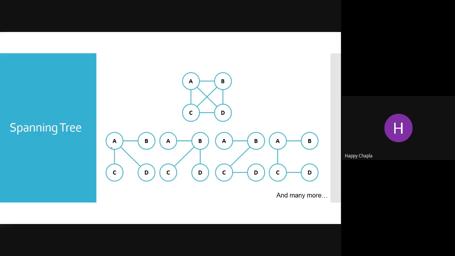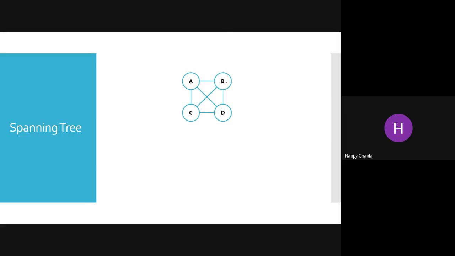Okay, so in a spanning tree, there is no cycle, and we must visit every node, and there is no node which is not connected with any of the vertices. So we must connect every node. Either we can connect B to C or A to B, that is according to our graph. Okay, so according to this